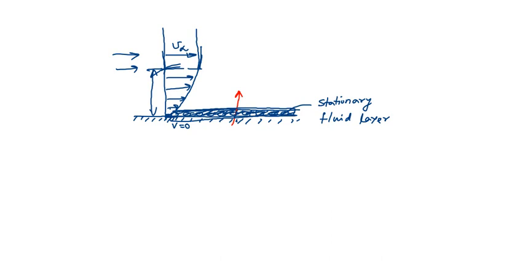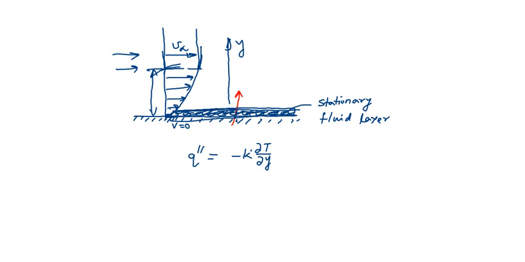So if it is pure conduction, then what is the heat flux? That we can find out simply from Fourier's law of heat conduction. We know that heat flux for conduction is minus k into del T del y. Why del T del y? Because this direction we are considering as y. This is the y direction, so the gradient in that direction you have to consider. So del T del y is the temperature gradient in that direction.